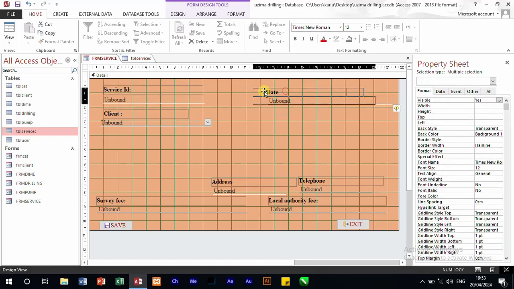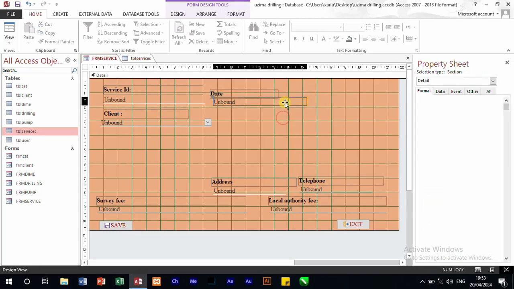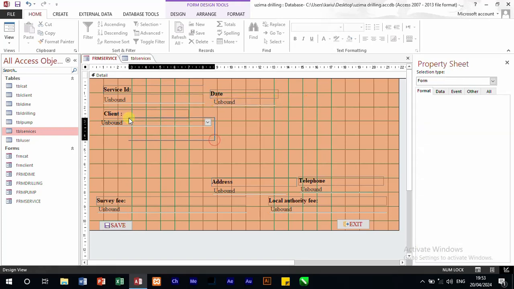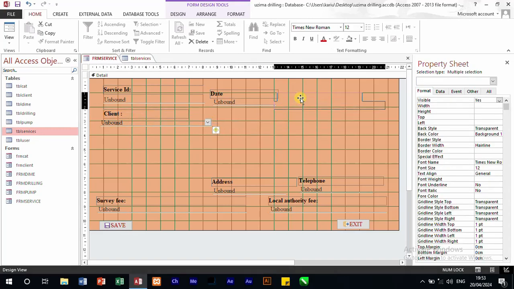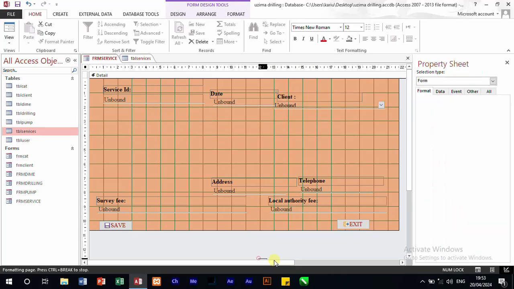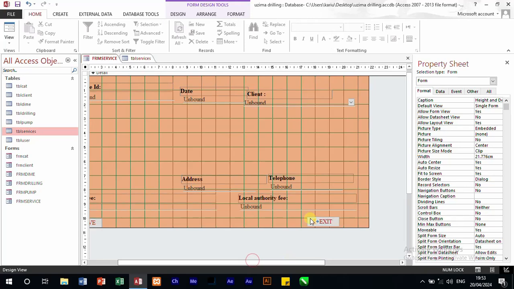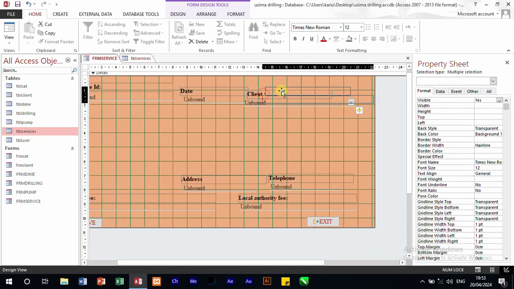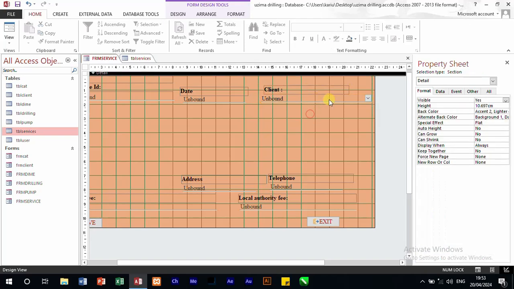So this one you can drag it here, then you can minimize the date. You can even make it smaller, and then this one you can bring it here. So this one you can take it there. Okay,